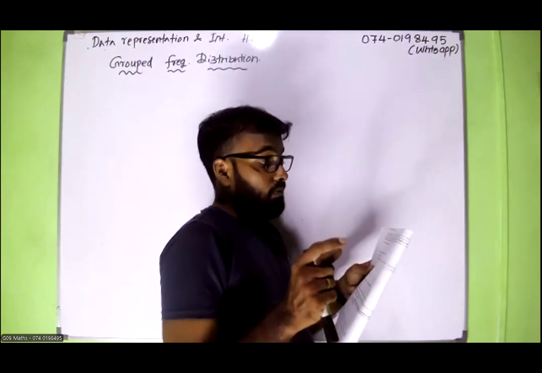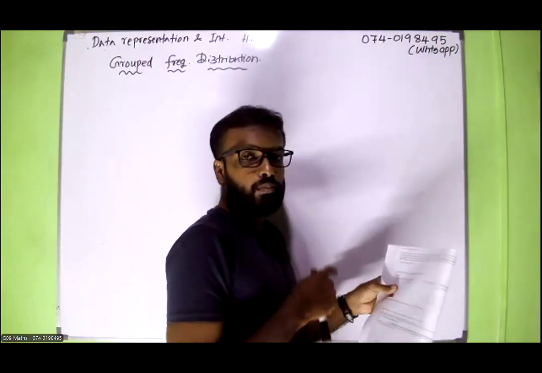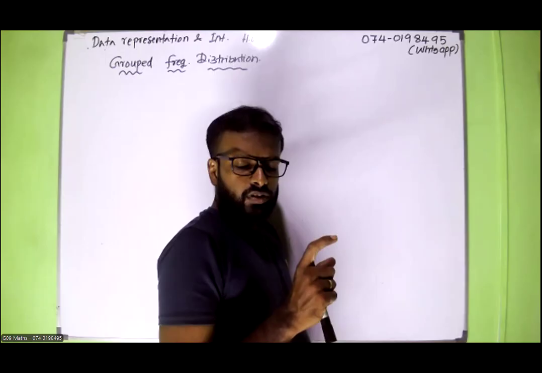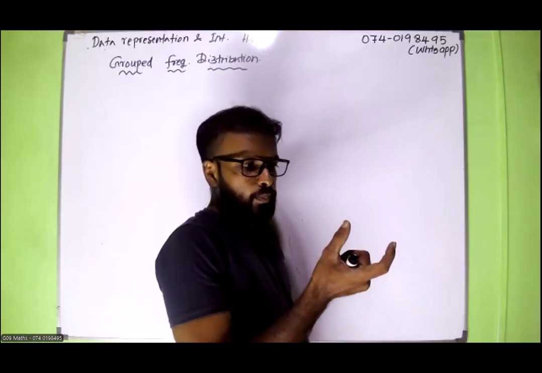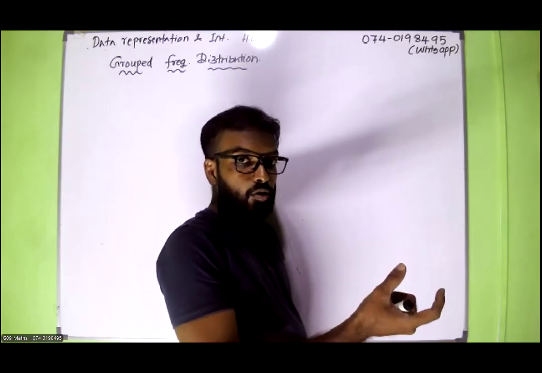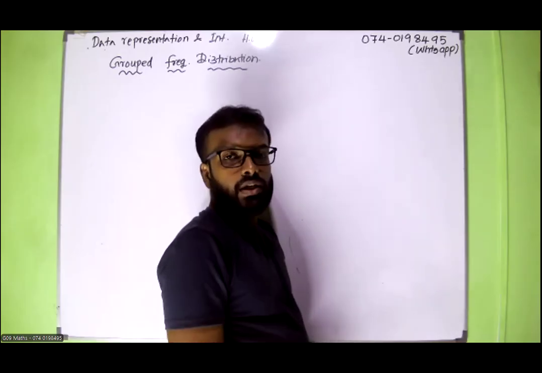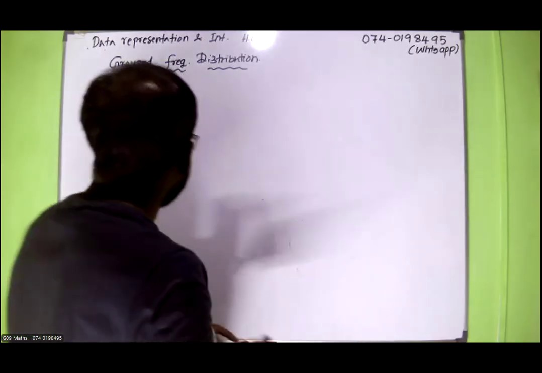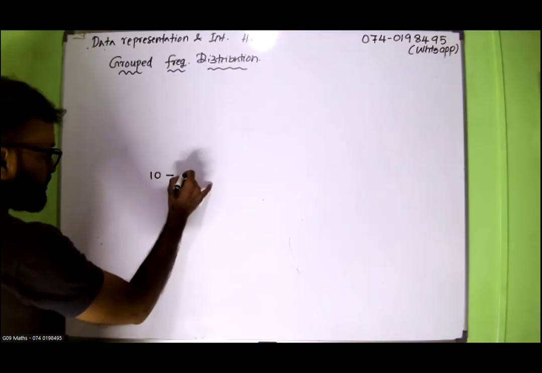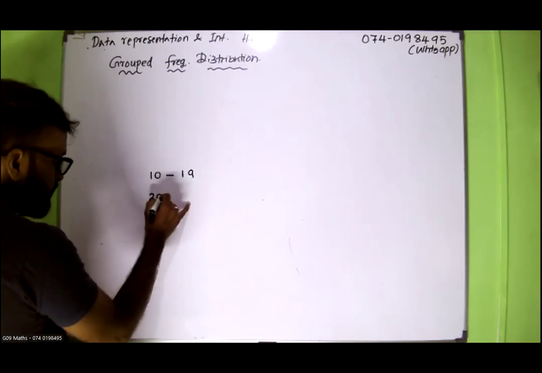Did you notice something in the class intervals? Try to compare the ending point of the first class interval and the starting point of the second class interval. I told you last week, if you are going to represent a length measurement or a mass or time, there are decimal places. In the previous example, the first class interval is 10 to 19. The second class interval is 20 to